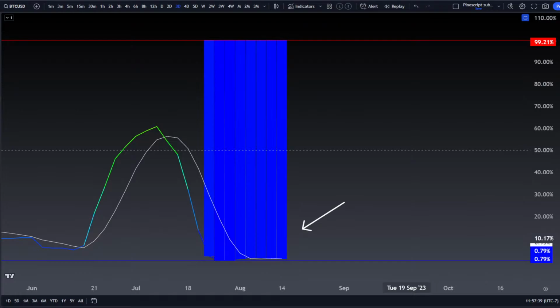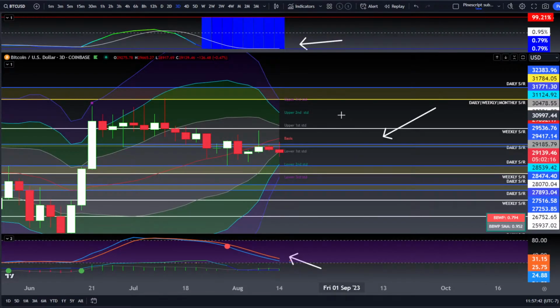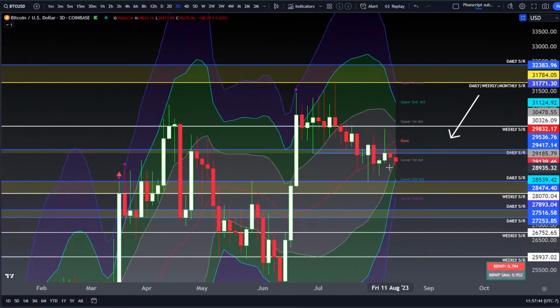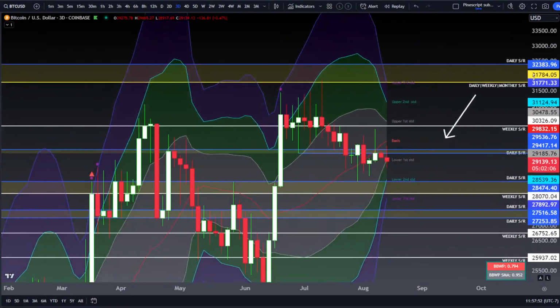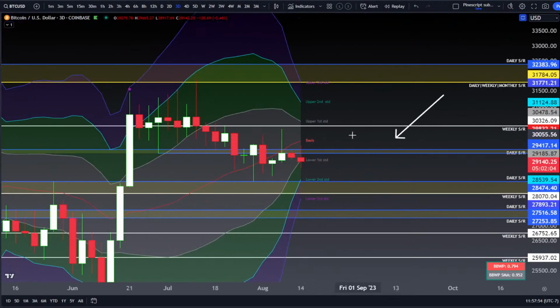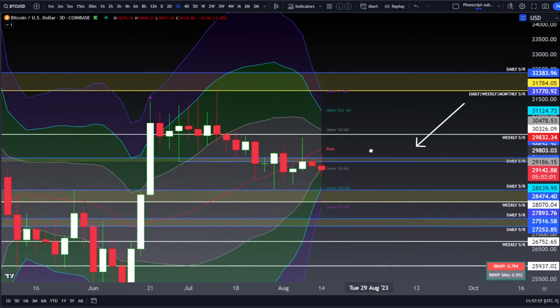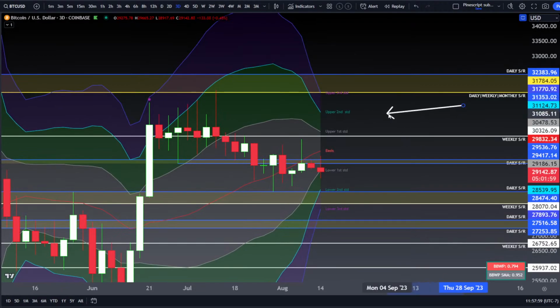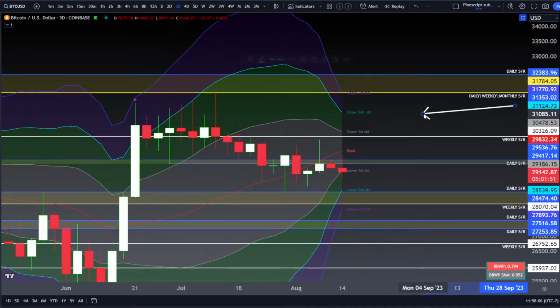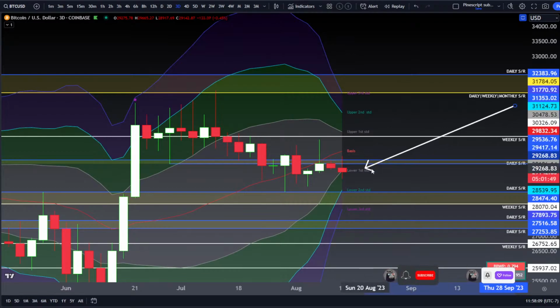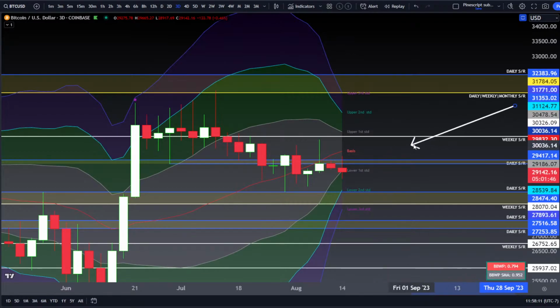So on the 3 day, I got to tell you, man, this is rare to see bands this compressed. We've seen heavy compression, but it's a rare occurrence. So there is going to be a big move. And as I mentioned in yesterday's Bitcoin in 60 seconds video for today's price action and closures, this is going to compress more. It is around the lower first standard deviation of the Bollinger Bands, trading slightly below it currently,